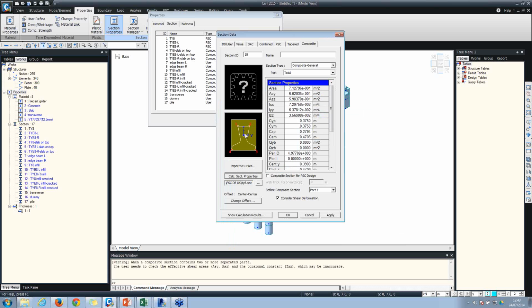Okay, this is the same section which I generated, and I'll also be designing this section. Because the software does not automatically know which is the web or flange for a pre-stressed concrete section, we need to input some thickness for the web for shear checking, for shear resistance checks. So I put the input for the web here and give some name,